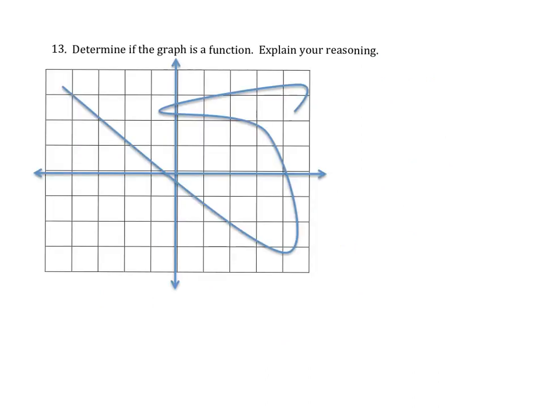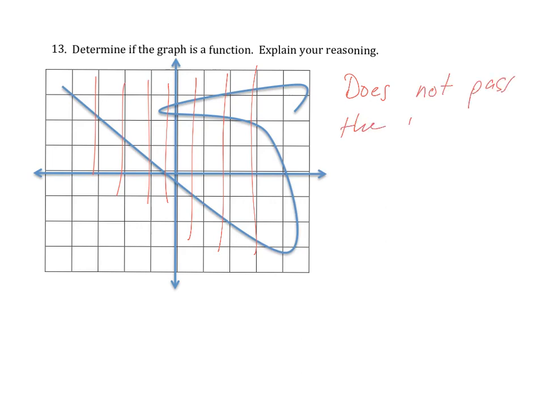Okay, determine if the graph is a function and explain your reasoning. Now remember, if it's a function, for each x, the graph should give one and only one y, meaning it has to pass the vertical line test. So anywhere you can draw a vertical line, you can hit the graph in only 1 point. Over here, that's fine. Here, we're hitting 3 points. Here, 3 points, 3 points, 3 points. So since this does not pass the vertical line test,